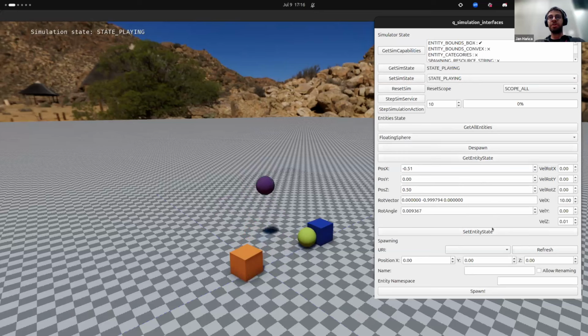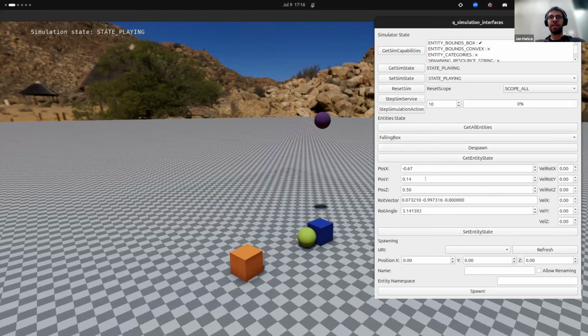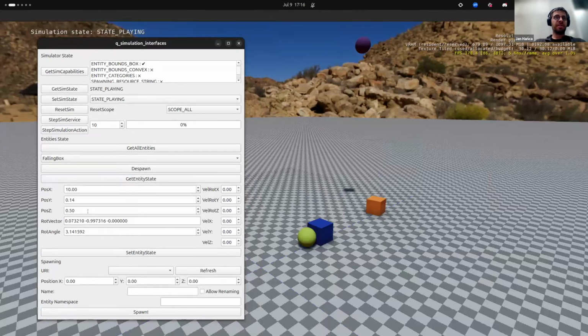Even when things are happening, we can still move them around. So we can take the falling block and change the position of this one to 10 meters. And when we apply it, sorry, I changed it in X. What I actually wanted to do is changing it in Z. So if I change it in Z, it went up again and gravity took it back down.